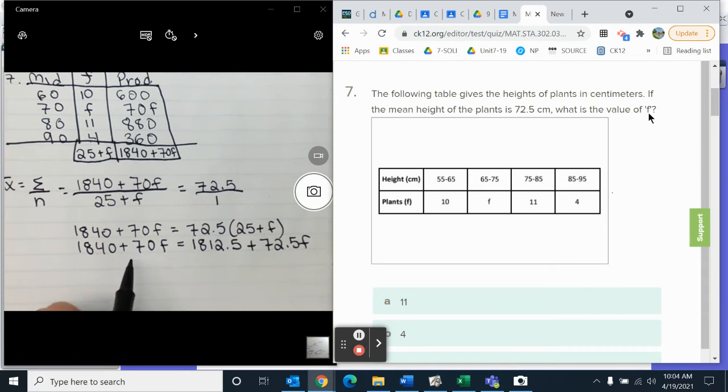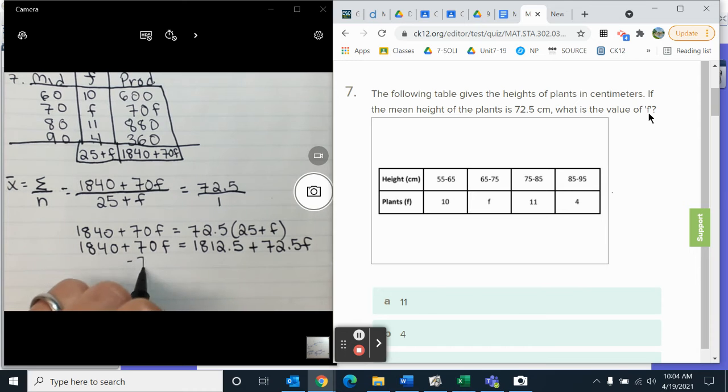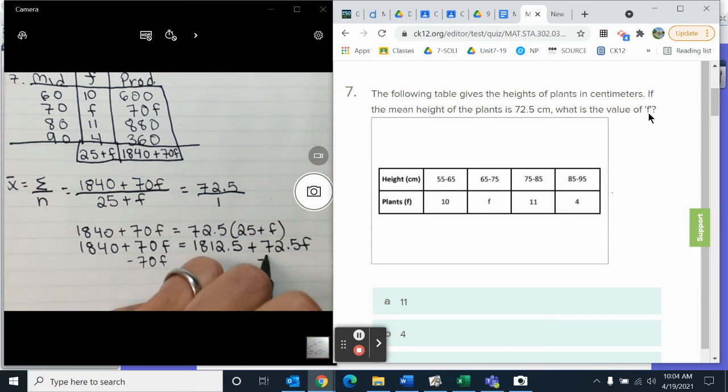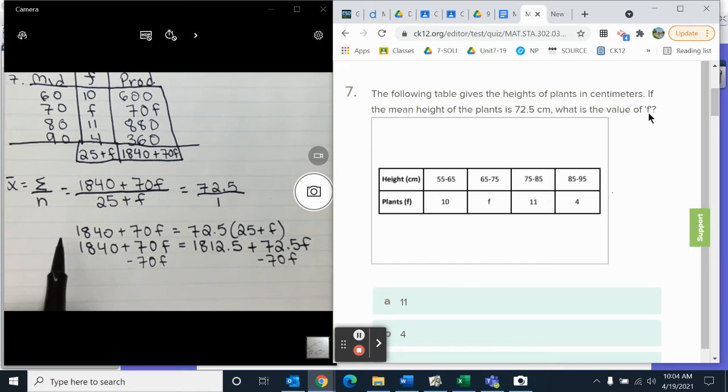When we combine our like terms, subtracting 70F, and then also subtracting 1,812.5,